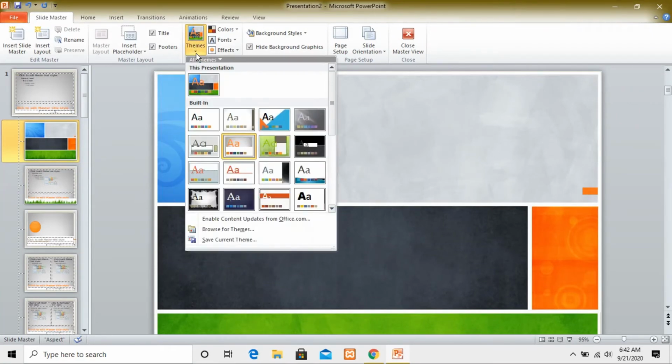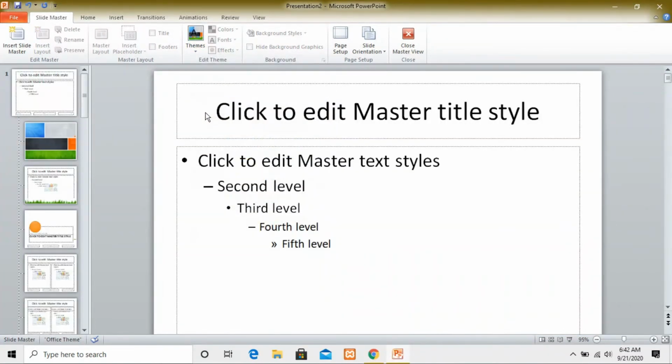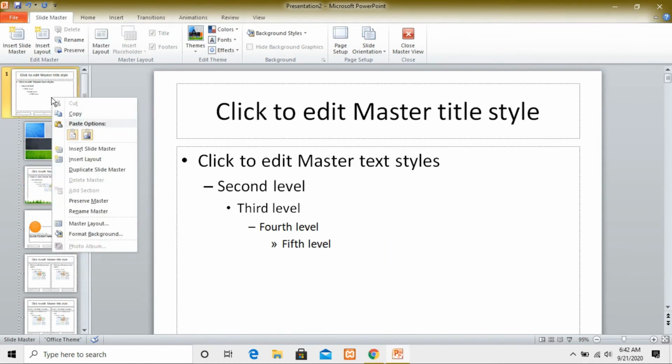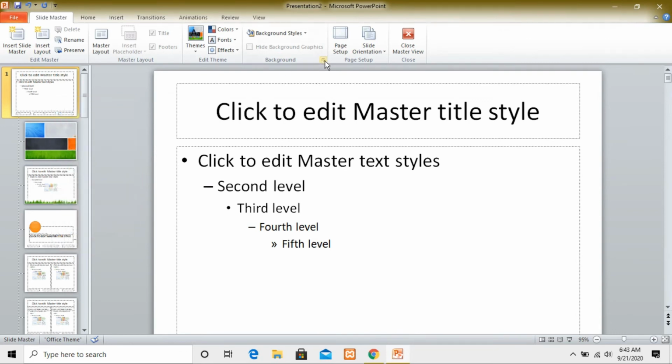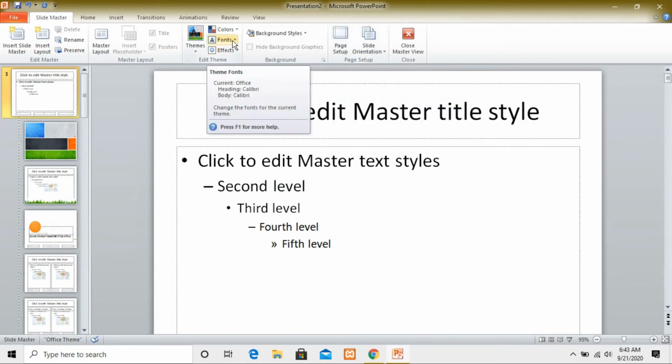Okay, now you can even change the background format. If suppose you don't want any theme, then what will you do? You just click on the first one. It will convert all the themes into the normal view. It means there will be no background. Fine. If suppose you want to change your background, then what will you do? Click on that and wait. Just click on the first one, and it will show you so many things you can change as per your requirement. Fine. You can even set up your page setting. You can change the font style.